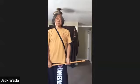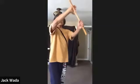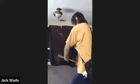Okay? So we have ikkyo, nikyo, sankyo, yonkyo, gokyo. Okay? Something is coming this way at you, but it's sharp coming towards you. You go this way to do ikkyo, the wrist gets cut. But you extend, turn this here, rotate the blade away. That's shomenuchi, gokyo. Kato Sensei once told me, he says the most difficult